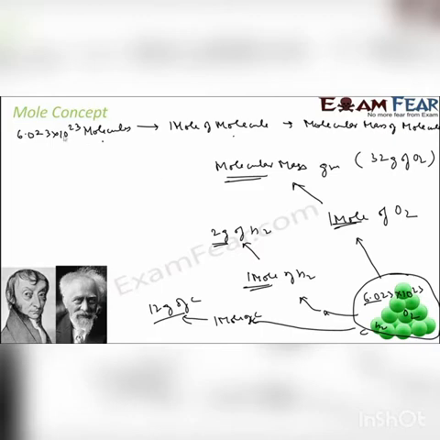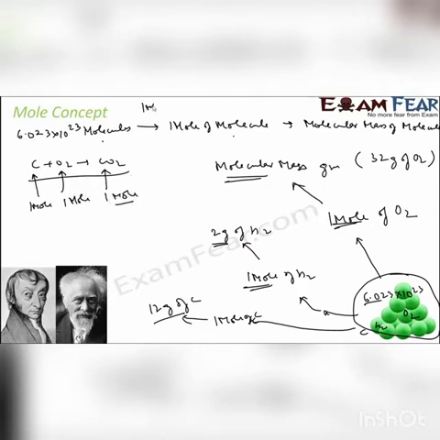And I also told you why this mole came, because it is convenient to refer to the quantity of a substance in terms of number of molecules or atoms rather than their mass. It's inconvenient. So we have this new term called mole. See why, I'll tell you. The moment I have this reaction C plus O2 gives CO2, from this you can tell that 1 molecule of carbon reacts with 1 molecule of oxygen to form 1 molecule of carbon dioxide. You multiply 1 molecule with this magical number, you get 1 mole. You can say that 1 mole of carbon reacts with 1 mole of oxygen to form 1 mole of carbon dioxide.